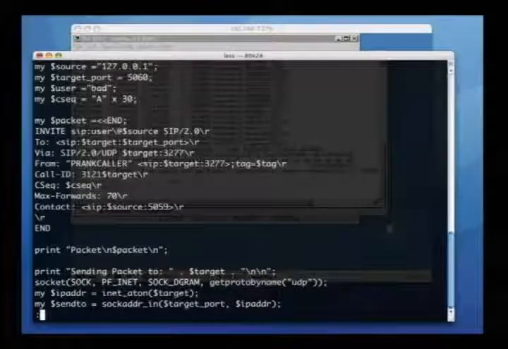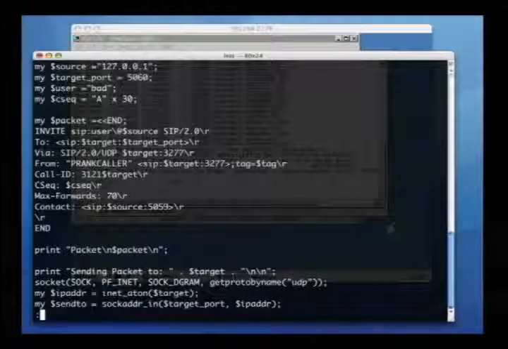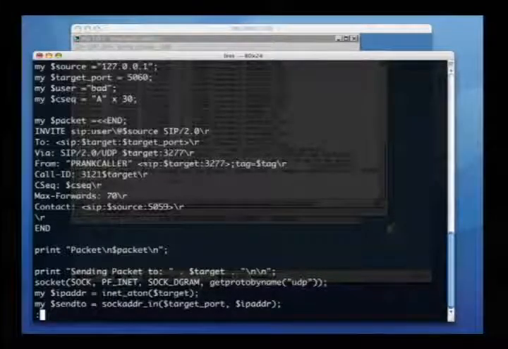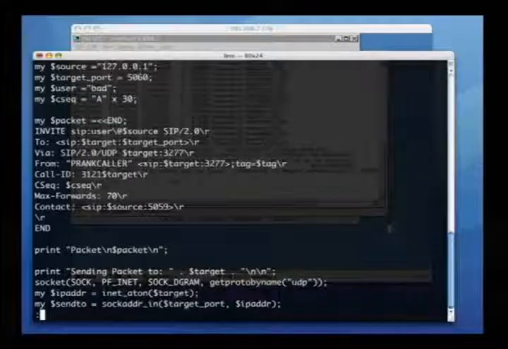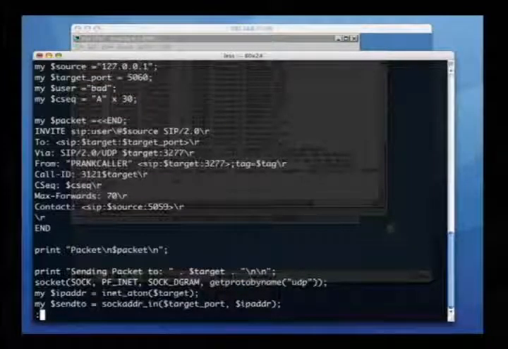Okay, so at the fourth line at the top, you say my CSEC is equal to A multiplied by 30. That's good enough to kick in the exploit. However, a 30-byte shellcode does not do anything for us. We can't pack in anything practical within, not 30 bytes, actually 24 bytes is all we have.